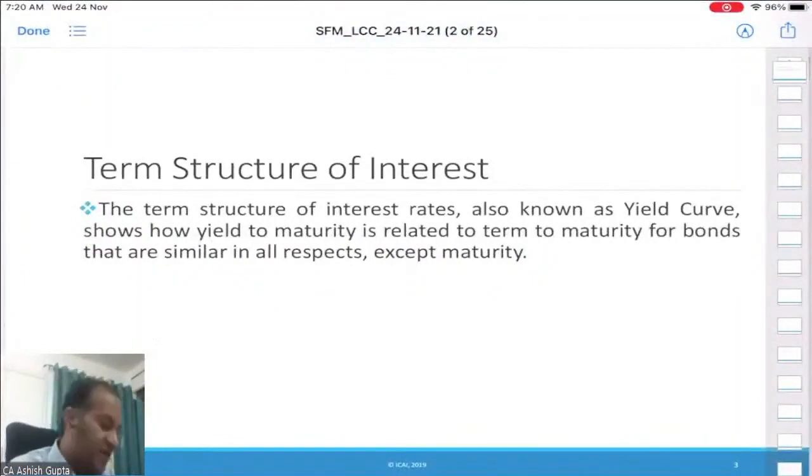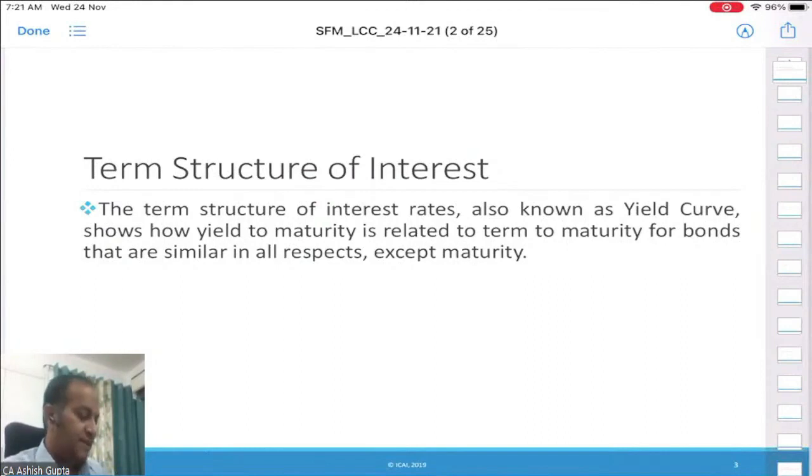Okay, student, now read the slide carefully because after that we shall discuss. First of all, initially for half an hour, I will discuss this term structure of interest rates. Then I will solve the question with you. Then it will be easier for you to understand the question. Okay, students.